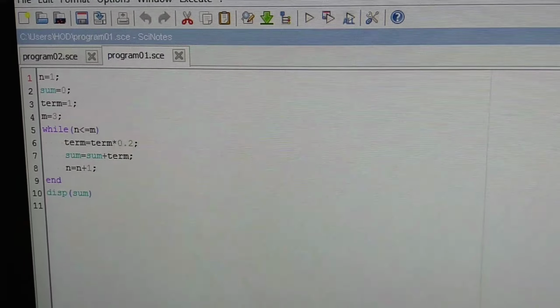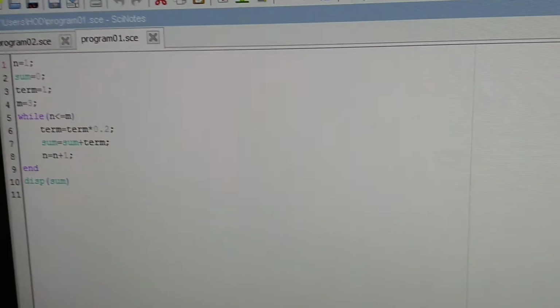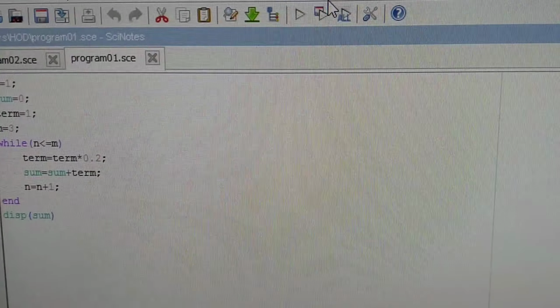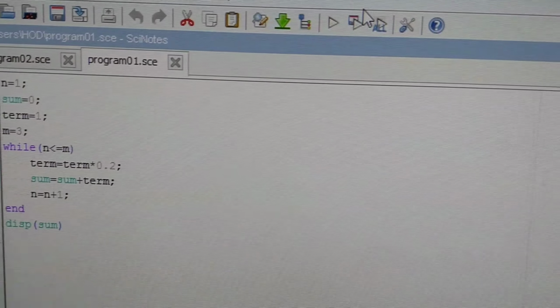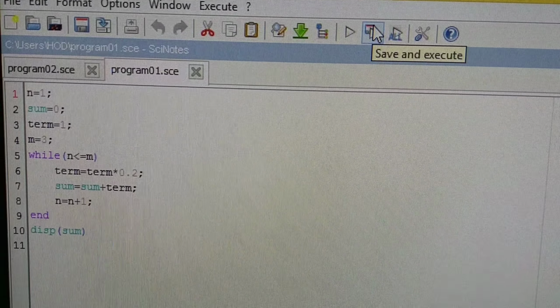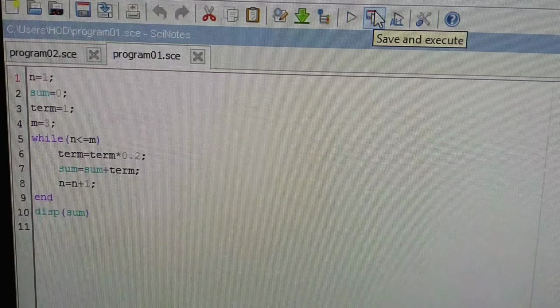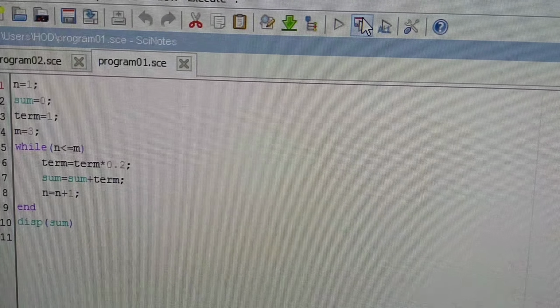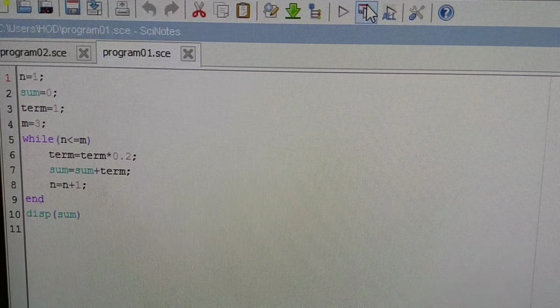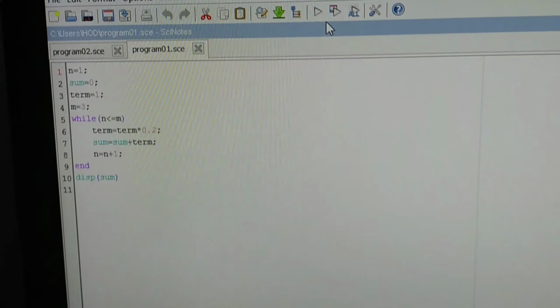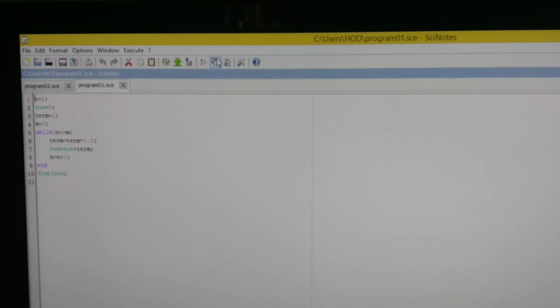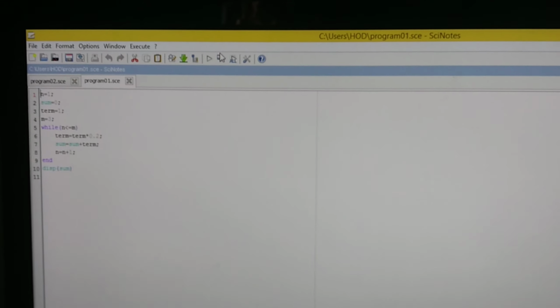After writing this program in SciNotes, you go to save and execute. When you save and execute, you will find the answer displayed in a separate window.